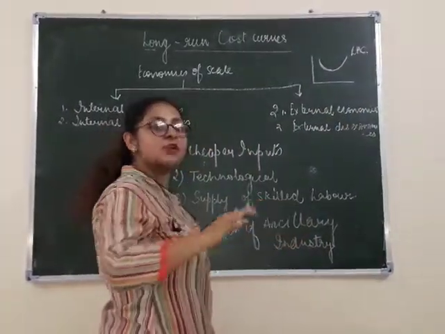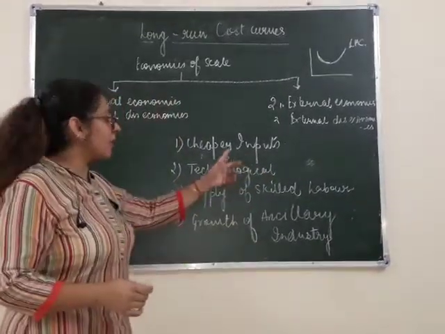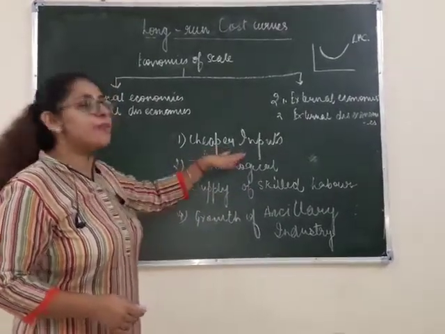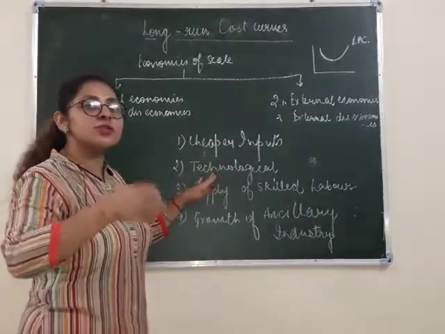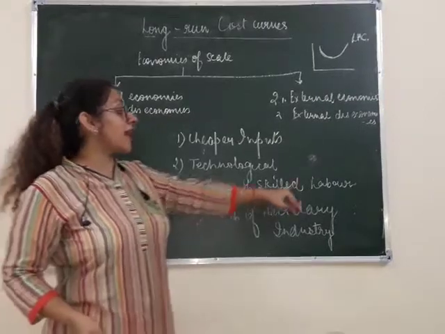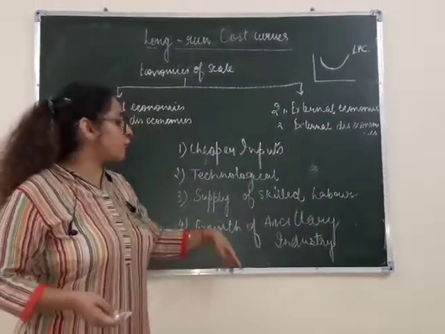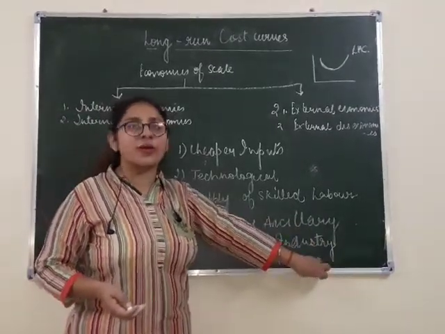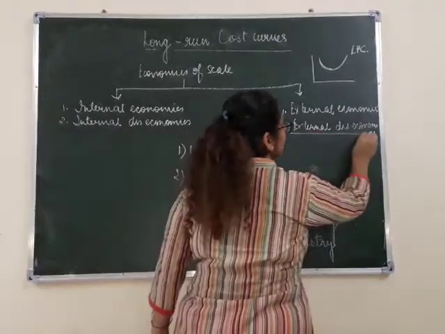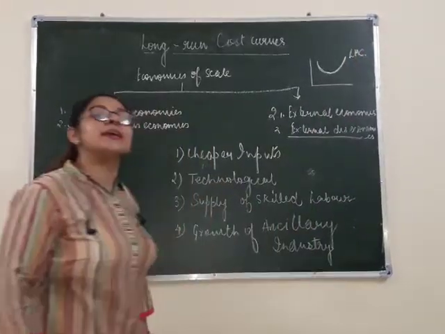When everything starts to become unbalanced, it means something is wrong in your industries. You are getting money at a higher rate of interest. When you are taking the raw material on credit, then you have to pay some interest. Technology is also getting obsolete and you are not getting an advanced one from the market. You do not have as much skilled labor as you want for your industry, and the growth of ancillary industries is also not happening. Then these things are creating an imbalance. It is known as external diseconomies. This means that after this, your average cost will start increasing.